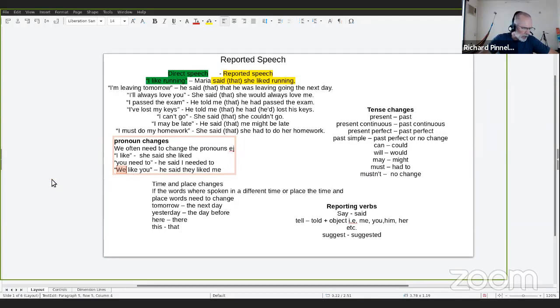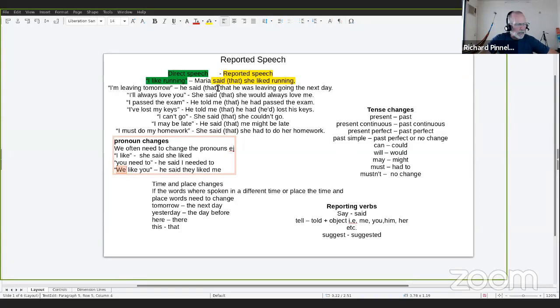Hold on, just let me check the chat, because Raul and Nancy are saying they don't have the link. Let me just go back there and get the link up there. Sorry, I didn't actually post it. Yeah, the link is now there. Sorry about that. You can join. Okay, let's continue with the class. That's so the members can join the channel. So they needed a link and the link wasn't there.